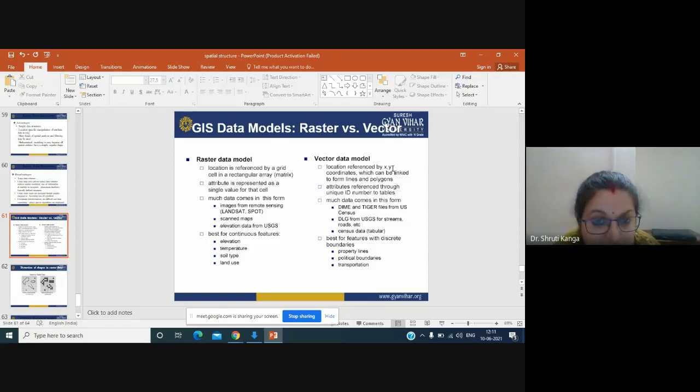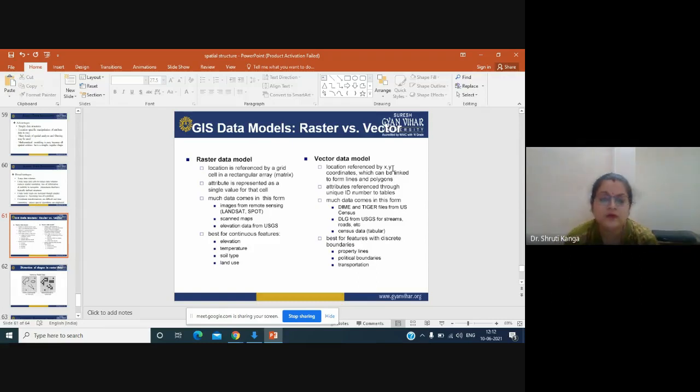ठीक है, elevation data, which is your DEM data, digital elevation data, is raster. All these digital elevation data sets from USGS or some other sites are raster data. Okay, now what is vector data? Whatever shapefile you are creating, whatever rectified image you are having, or the different land use land cover maps which you are getting from different sites like Bhuvan or some other sites, those are vector data models.